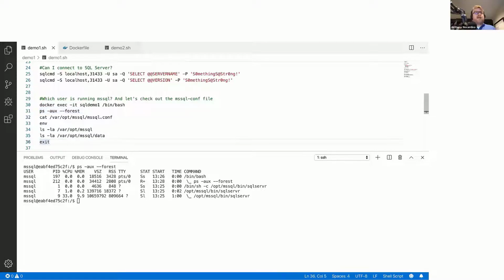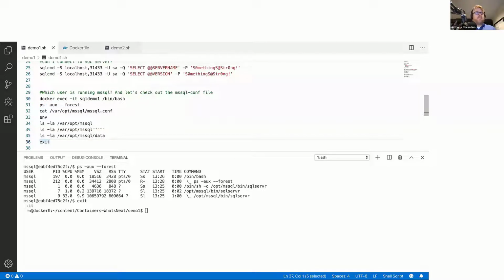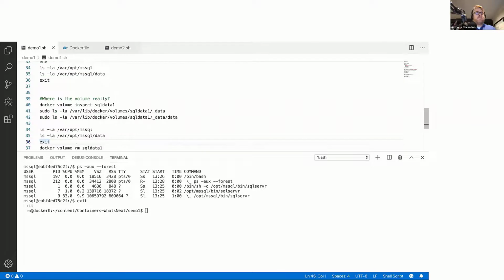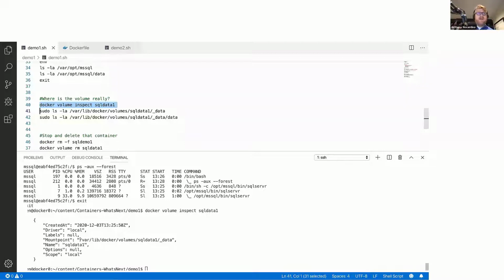All right, so let's hop outside of the container and look at where our data is actually stored. We allocated a Docker data volume, and that Docker data volume is by default going to get allocated at this location here. On my physical system, this is where my data really is for the stuff that's in the data volume, or the things that are attached to var opt MSSQL.